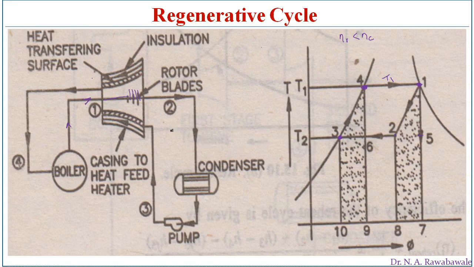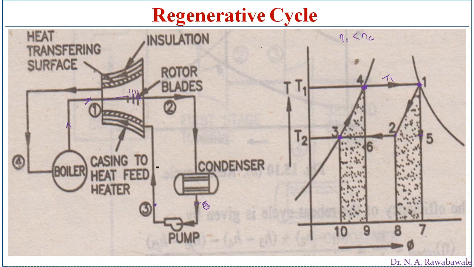What is happening here? This steam after expansion comes into the condenser and gets condensed, and at say for example point A, it comes out of this condenser in the form of condensate, and that is pumped. So A to 3 is pumped, so the pump work is shown very less. Therefore, directly from point 2 it is condensed, and after point 3 the sensible heat is supplied. So sensible heat is supplied to this condensate, not in the boiler.